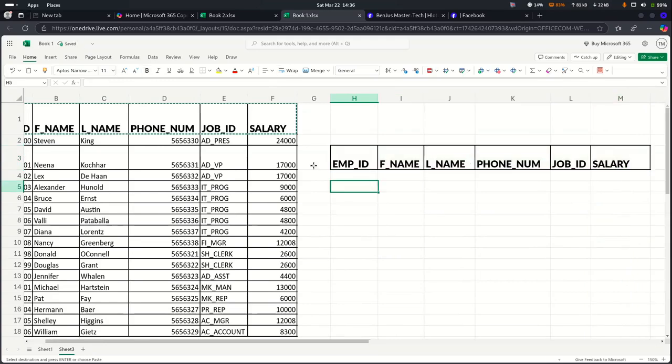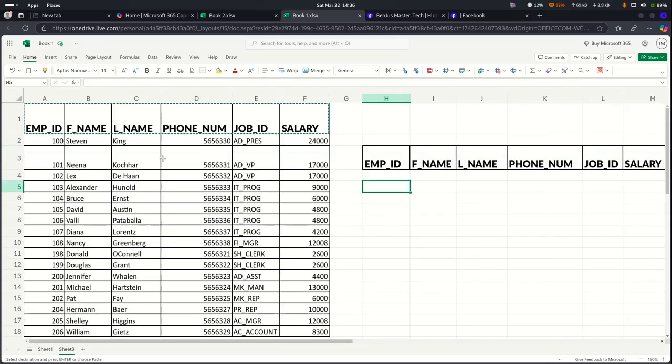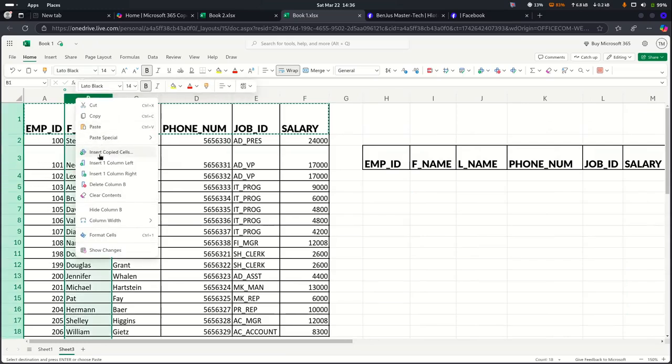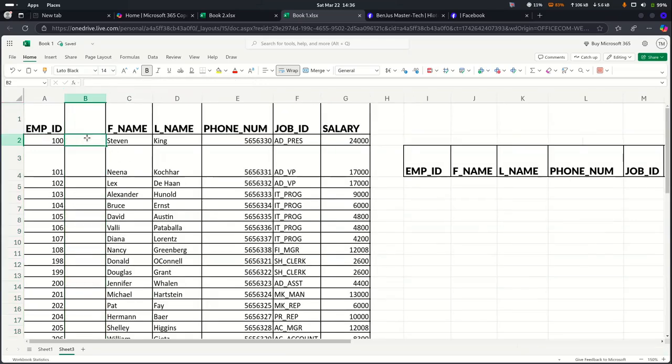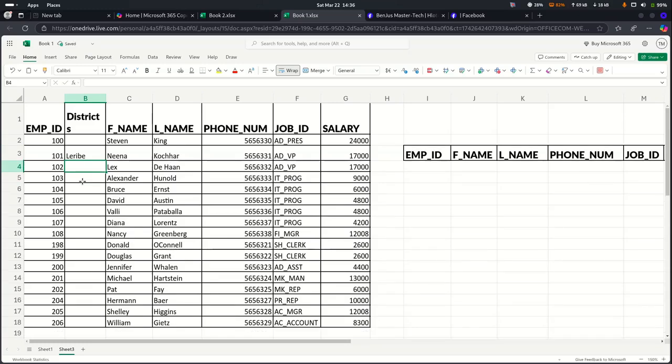Alright, now let me just include another column that we are going to compare with. Let me quickly insert a column here. This column, I want to name it district. Districts. Alright, then we have district of Leribe, we have district of